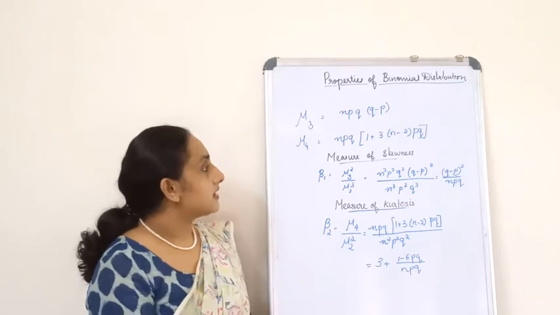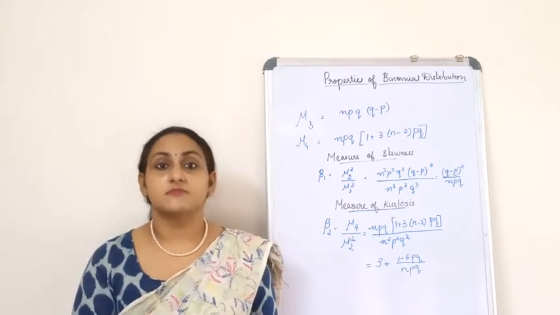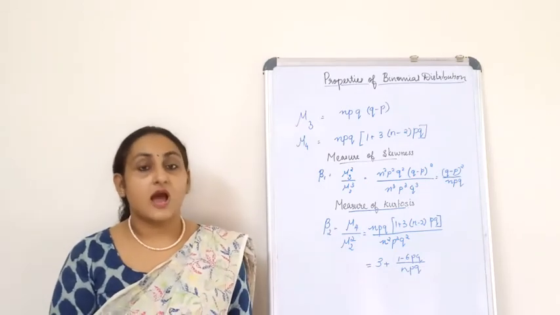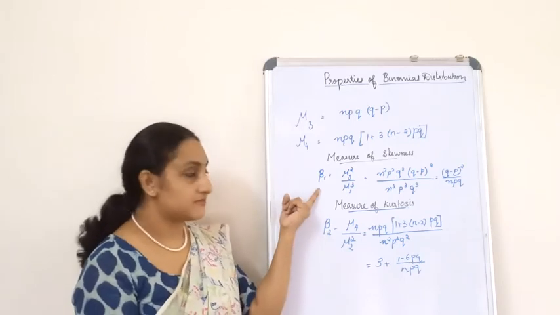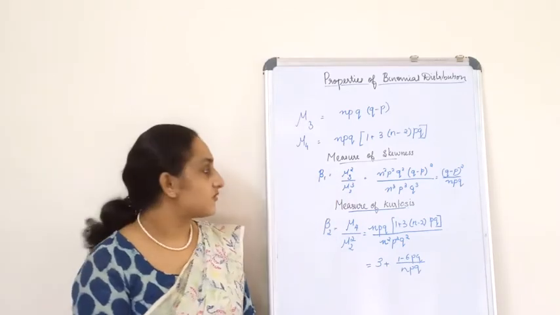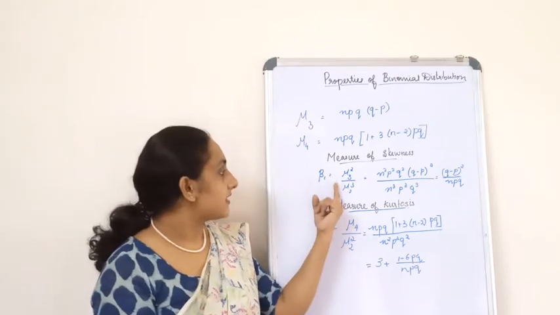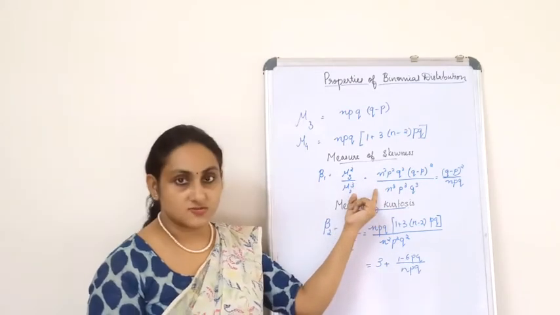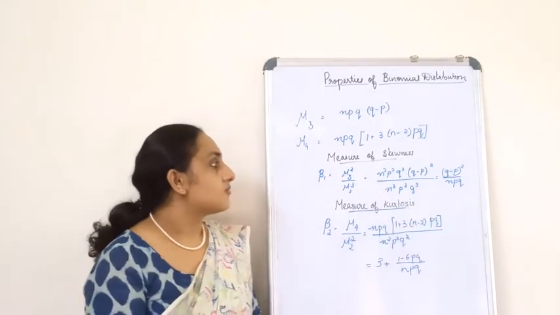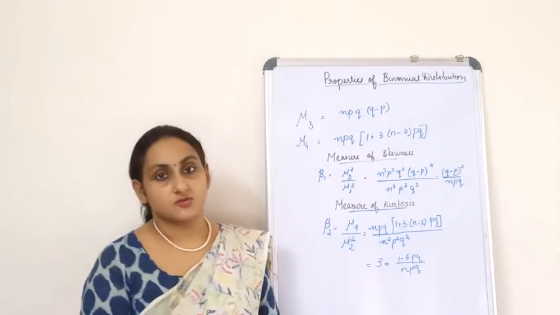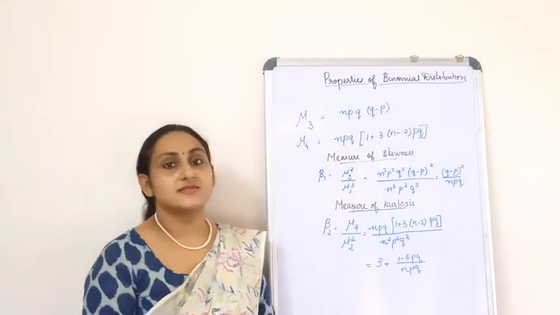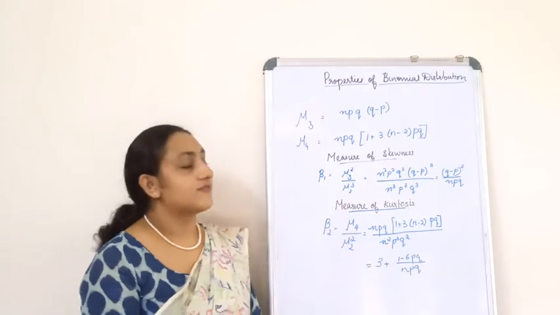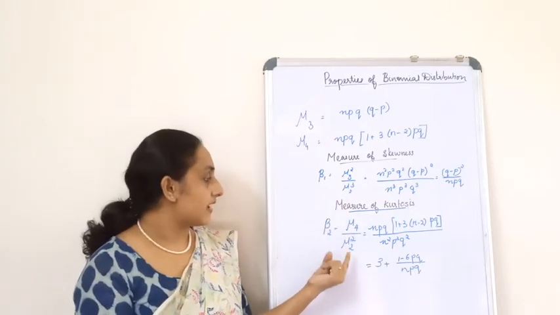Okay, now I hope you all know or have studied about the measure of skewness and kurtosis. Now, what is the formula for measure of skewness? How is it denoted? Yes, it is denoted by beta 1, which is equal to mu 3 square divided by mu 2 cube. If you find out what is mu 3 and if you have mu 2 with you, you can substitute it. So I have substituted over here, and my final answer is q minus p the whole square divided by npq. So beta 1, that is the measure of skewness, is given by q minus p the whole square divided by npq.